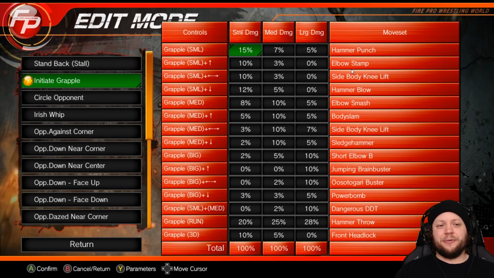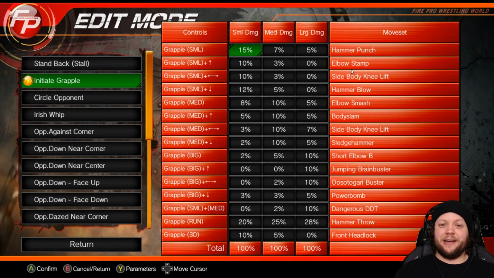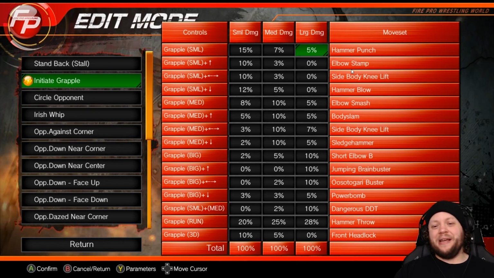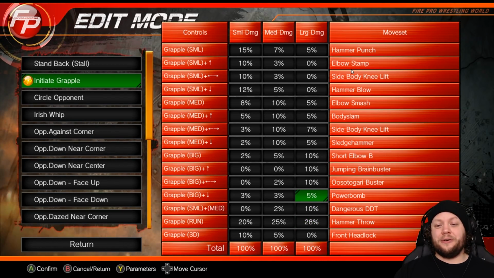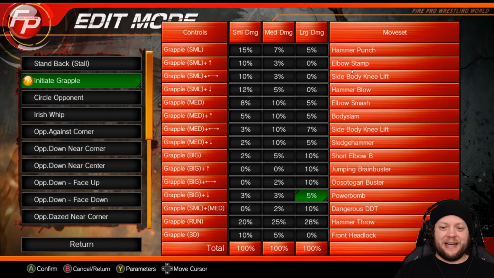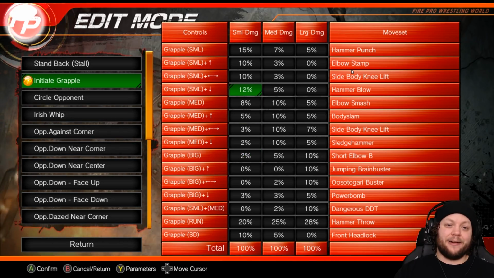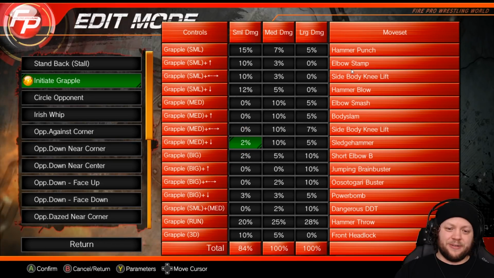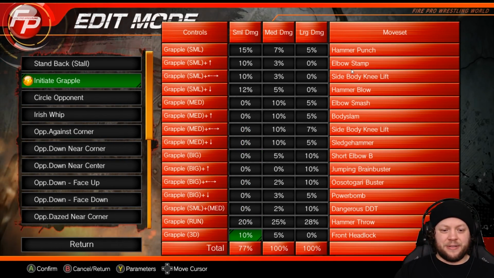So now we move on to initiate grapple. Once again, you'll notice that there's a damage category missing here. We have a small, we have a medium, we have a large. We do not have a critical. What that means is whatever percentages you use for large are your percentages for critical. So, for example, this power bomb that has a pin attached to it can finish matches based on the percentages given, which is why we're going to give it a low one when we get there. But the first thing we're going to do is cut everything that's not small in the small slot down to 0. And then we're going to make some decisions about...